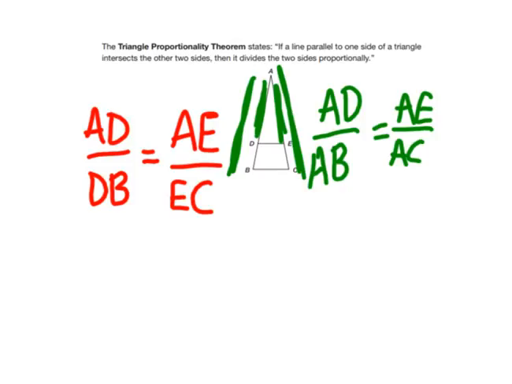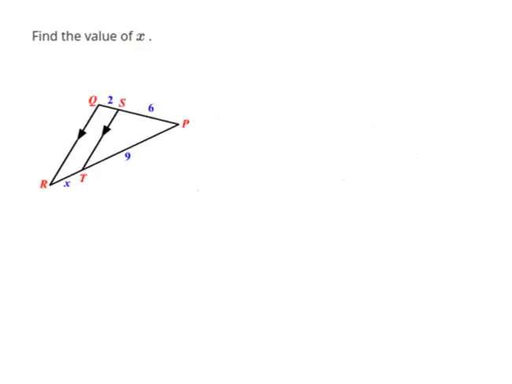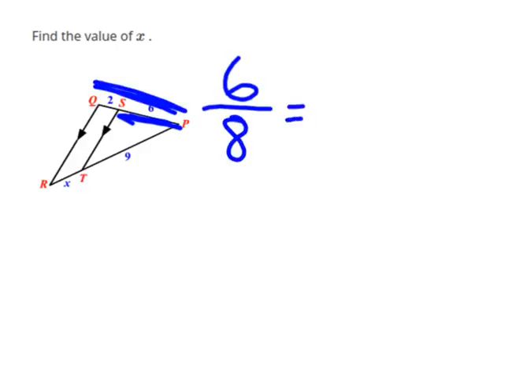And if I look at an example, I'll see I've got these two triangles that have a parallel between them. So I have created this triangle, which is going to be proportional to this triangle. And now we're going to be able to use that to solve for what x is. So we're going to start by setting a proportion. I can say that this 6 compared to, and I like to do the entire length, 6 compared to 8 is going to be equal to